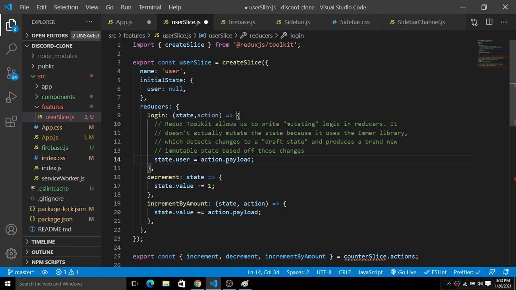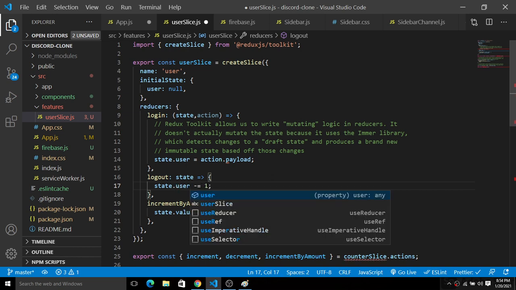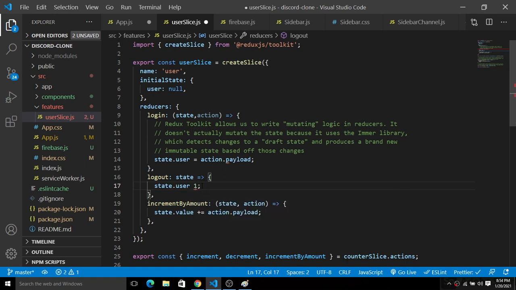Okay, fine. And after this we will have a logout function. For this logout function, state.user will be null. So when the user logs out, the user will be set back to null, just like this.